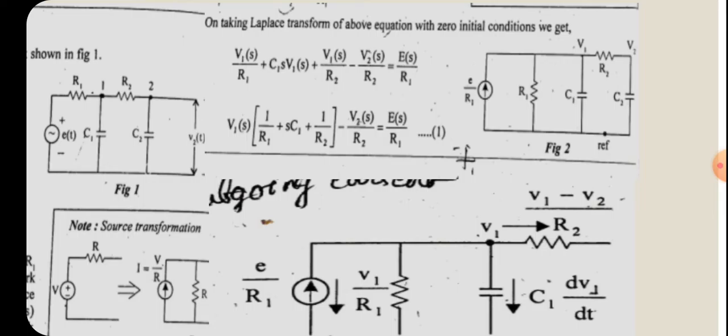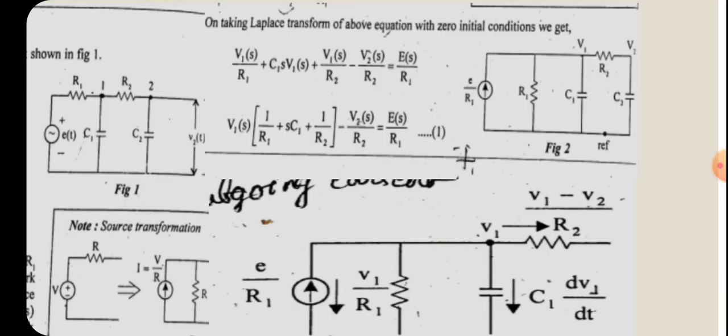Here we are assuming that there are two nodes. That is assumed in figure 1 itself. Which are the nodes? Node 1 and node 2. In figure 1 it is marked as node 1 and node 2, and similarly we can mark the nodes in figure 2 also. We are assuming two voltages corresponding to these nodes. The two voltages are V1 and V2.